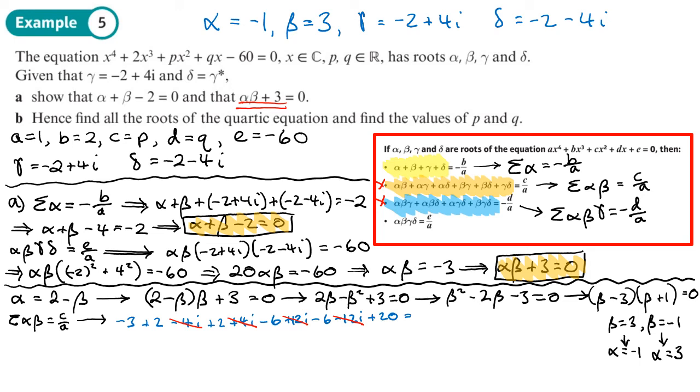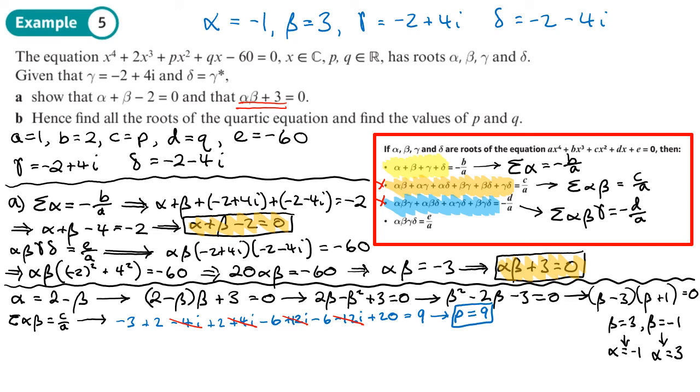Take away another, add another 2, which is 1. Take away 12, which is going to be -11. And plus 20 is going to be 9. So that means C equals 9. Which means basically if C equals 9, then P equals 9. I'll put a box around that. Then to find